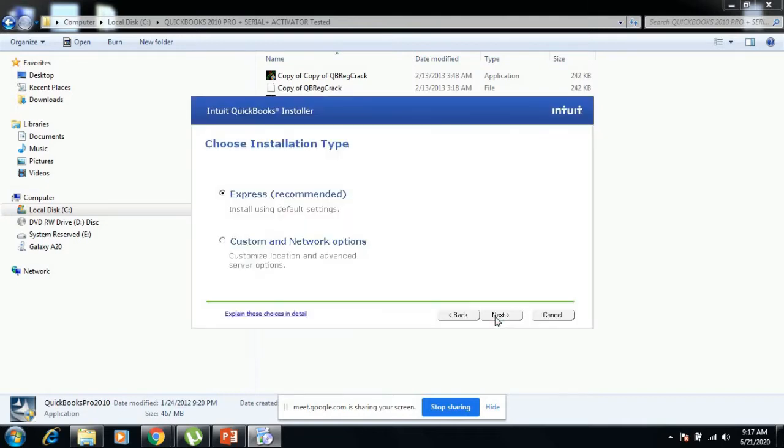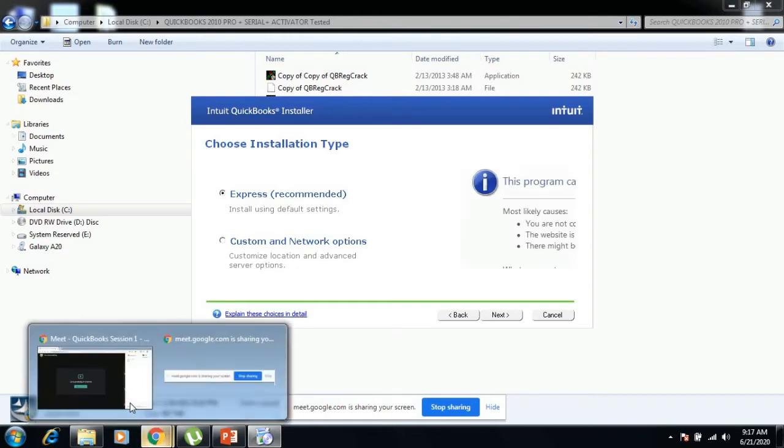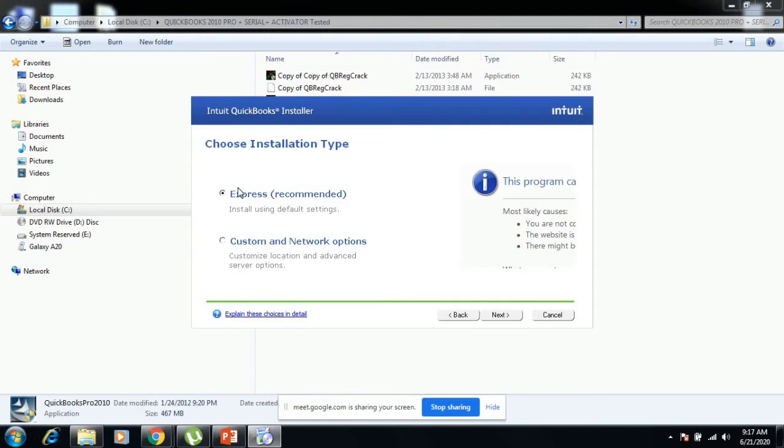Then there are two choices, Express and the custom installation. So Express means you are getting whatever the default modules and functions. Custom means you can select whatever things you need, and you can skip the things that you don't need. So I selected Express. That gives you all the features.